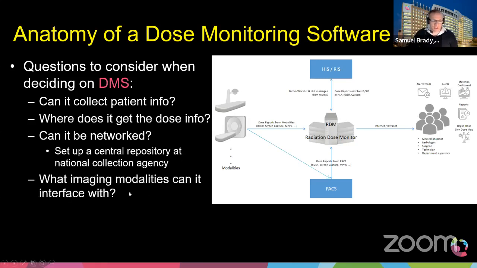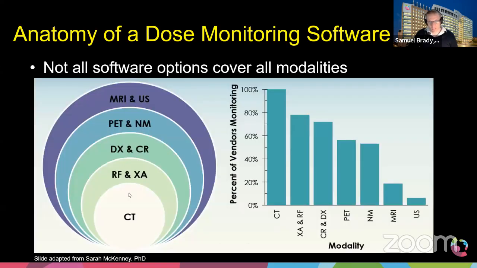And then you just need to make sure that the dose monitoring system or software can accept all imaging modalities for which you intend to establish DRLs. So going back to that presentation from Dr. McKenney, this is a couple of years old, but when she reviewed it, all of the softwares available at the time could receive and process CT dose data. But fewer, in her example, only 80%, could actually process your various different fluoroscopy systems. And fewer than that, your x-ray machines. And then of course, PET, nuclear medicine, et cetera.